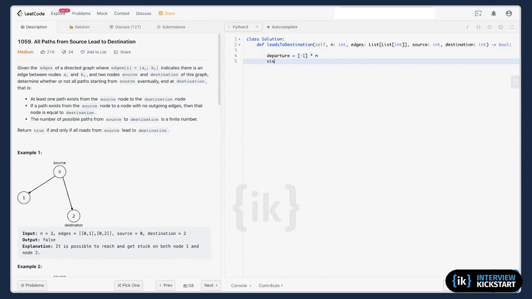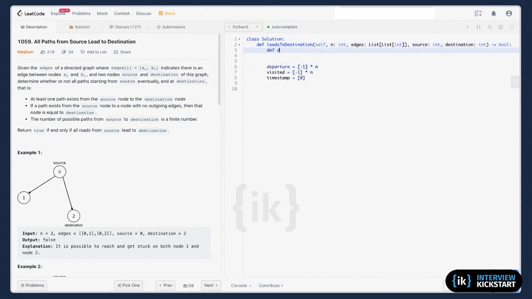But I do need to see if this one is visited or not, so I need a visited structure. To assign departure time, I need a timestamp. Okay, I will start with 0. And what else do I need? So far, I will keep this. I may need more. I will add it later.